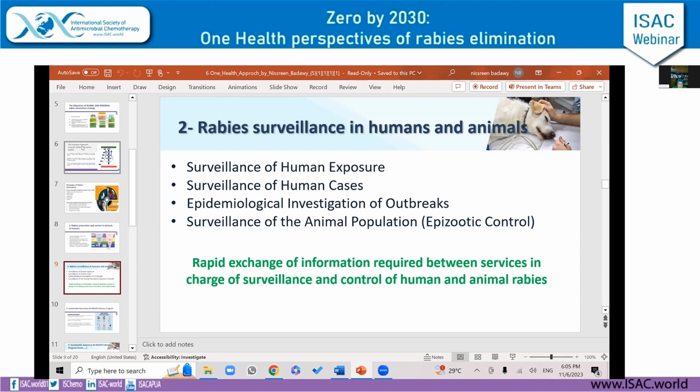Investigation of outbreaks is by the baseline percentage and prevalence of disease, and also by an increase in the percentage of prevalence in a certain season or at a certain period of time. Surveillance of the animal population includes the number of animals, the attitude of animals, and the number of killed animals in a specific period. Also vaccination coverage. Reaching vaccination coverage of animals of 70% is very protective and decreases the incidence of human rabies even after animal bites.